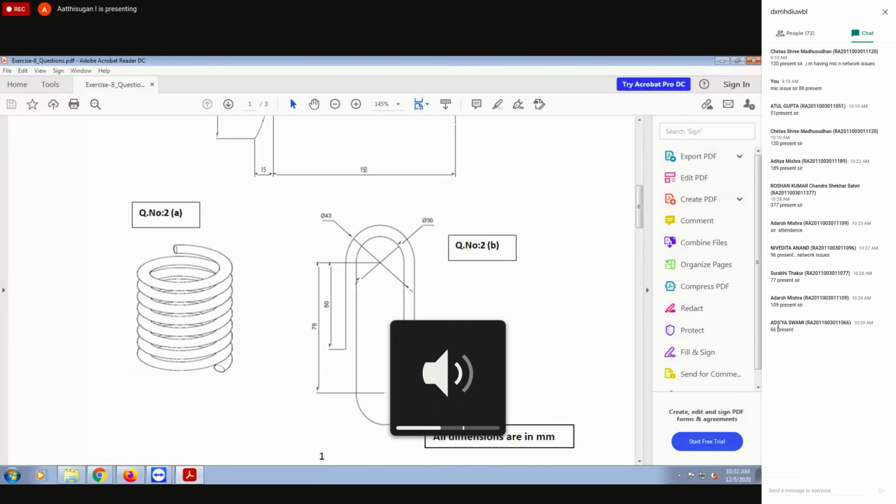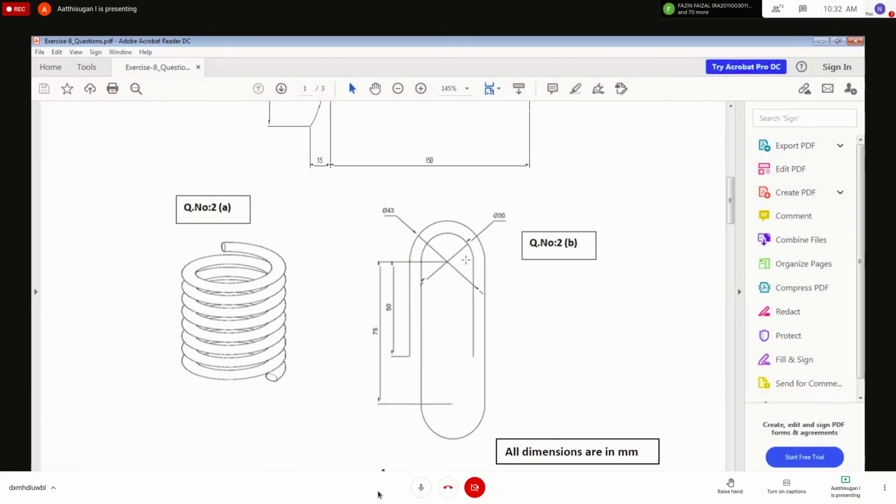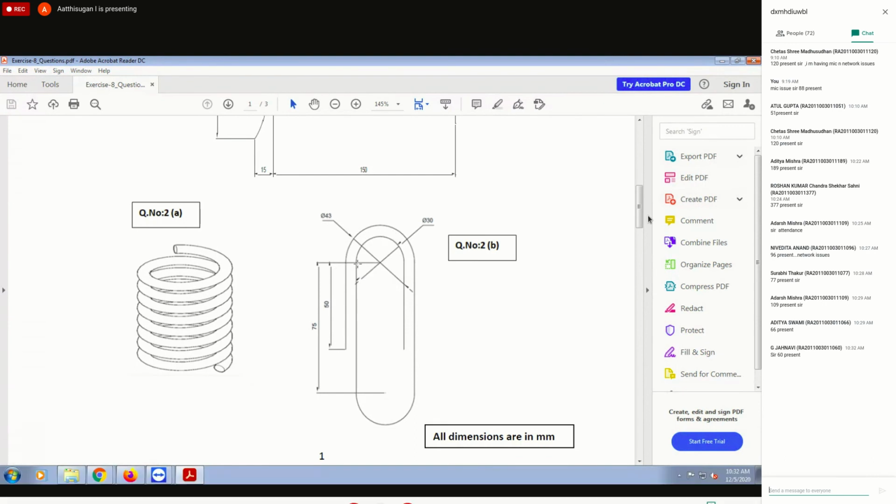See, if you're getting a doubt, first you have to understand. See, they're giving a twist. This is how much? 30. Correct? Outer surface how much? 43. What will be the normal in between? So 43 minus 30 will be 13, divided by 2. How much? 6.5. 13 divided by 2 is 6.5. This 6.5. Okay, now we know how much this is.